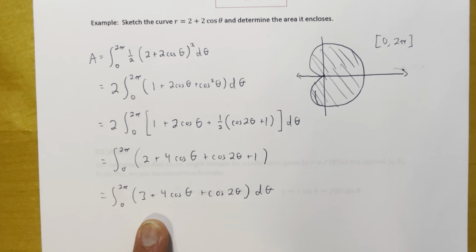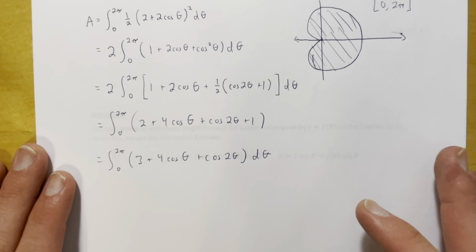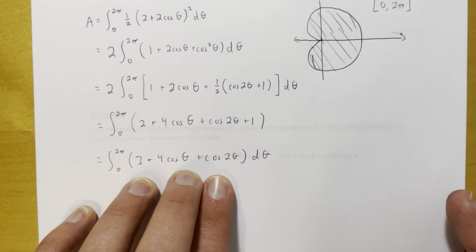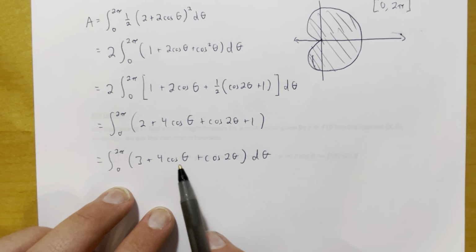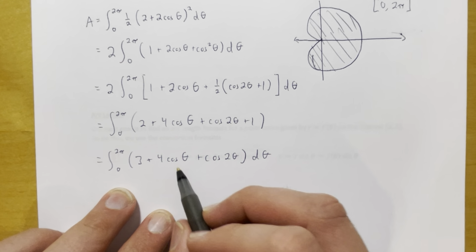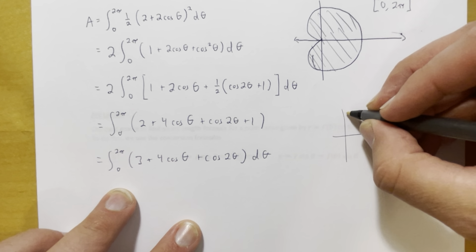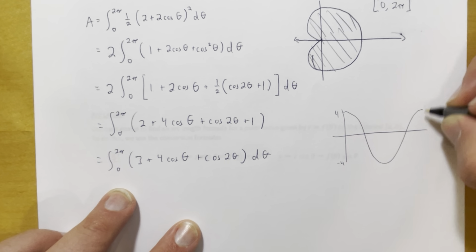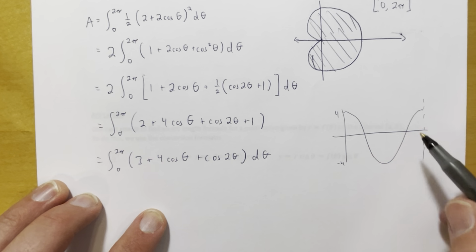Now this is not hard to integrate, of course, but there's a cool shortcut you can use, which is very useful for integrals like this one. And a lot of integrals you'll actually encounter in Calculus 3. This kind of thing happens a lot. So notice that I have cosine functions here. If you think about the function like 4 cosine of x, it looks like this, right? That's 4, that's -4. And if I'm going from 0 to 2 pi, that completes one full cycle of that